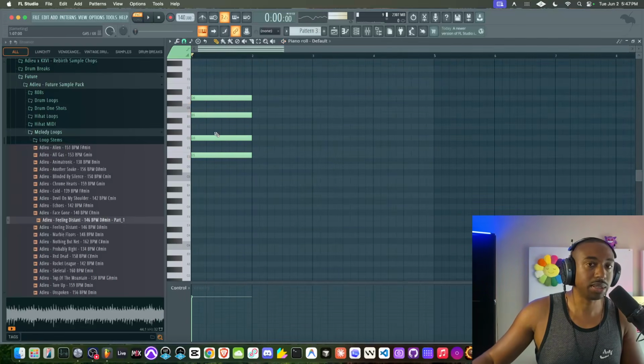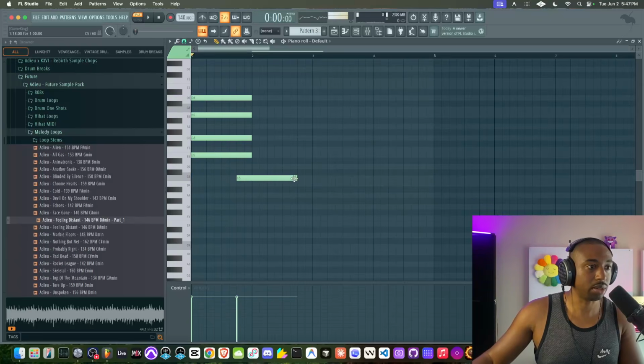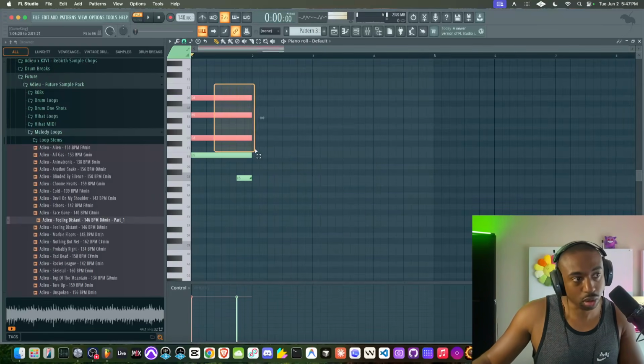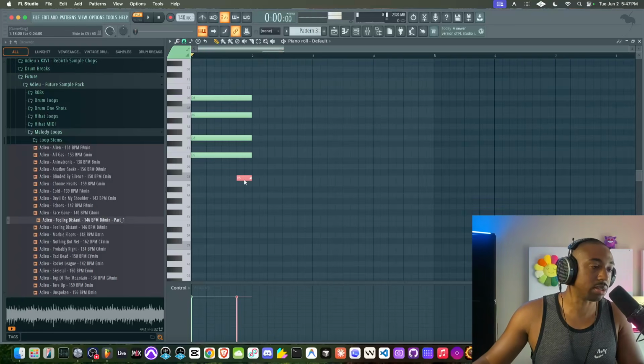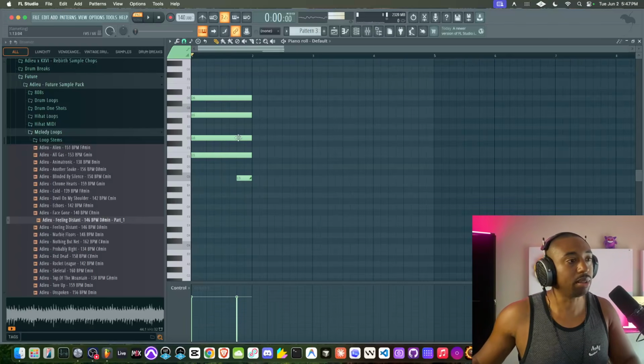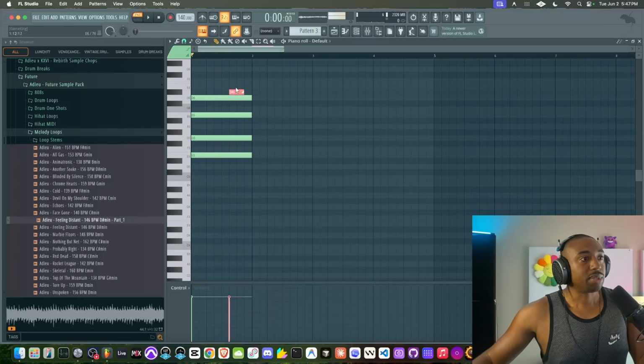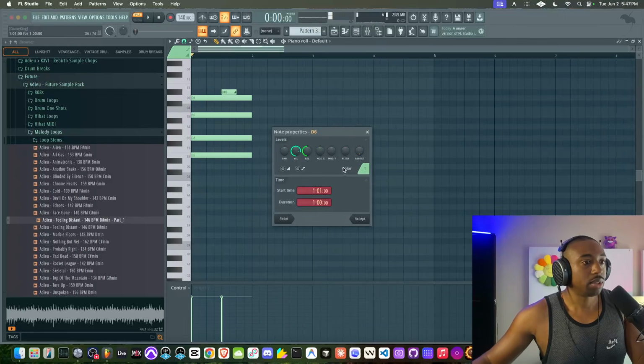Now let's say you want something to pitch bend. Most people will add another note and just double click and change this to a slide note. It pitch bends all of the notes in this MIDI channel to this note. That might be the sound you want for a tape stop, but let's say you just want melodic pitch bending. For melodic stuff, what we can do is double click a note, change what's called the